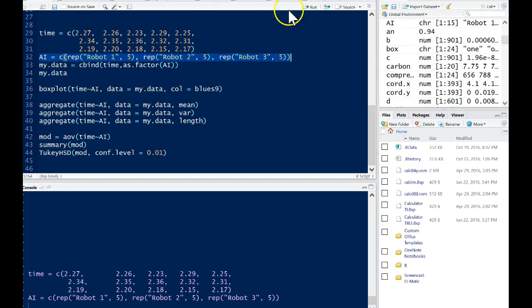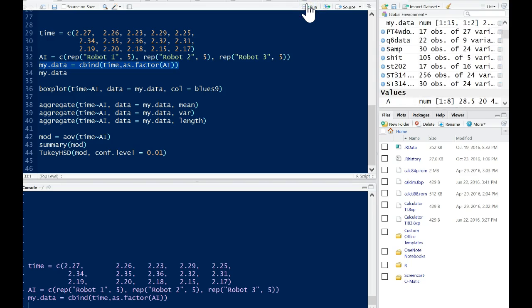This just defines my treatment groups, and then I'll combine these with the command cbind. I'll say I want my response variable time to stay as it is, and I want AI to be considered a factor variable. And if I run this as my data, and I look at it,